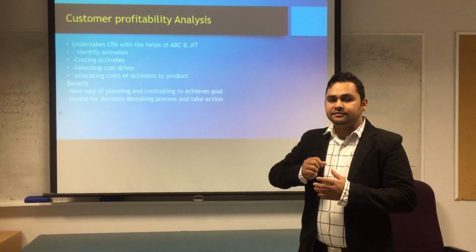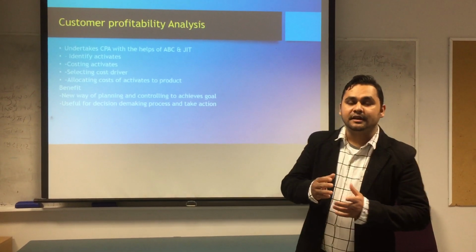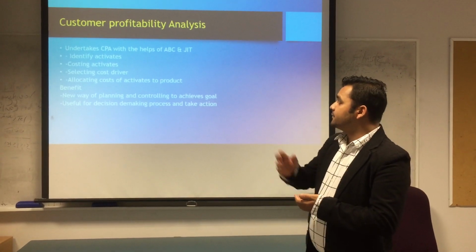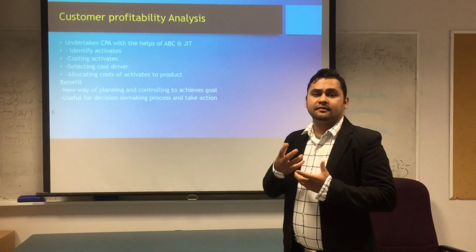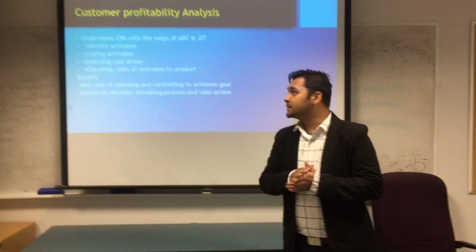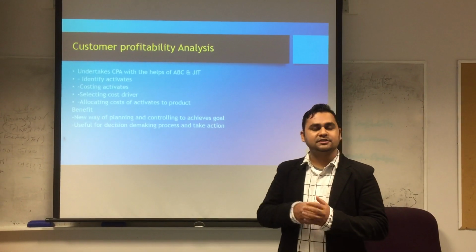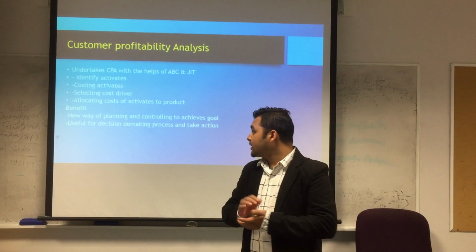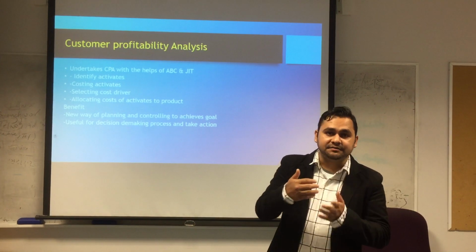So with the ABC method, first of all, they identify the cost and then they allocate that cost. And here our bakery uses this ABC. So from this ABC, what sort of benefit they are finding and what sort of activity they are going to do. First, they will identify the activities. After that, they will cost the activities, and they will select the drivers. What sort of driver they want to use? For example, it's a batch system or unit system. After that, they will allocate the cost of the activities to that product. So this is the way they are using activity-based costing.